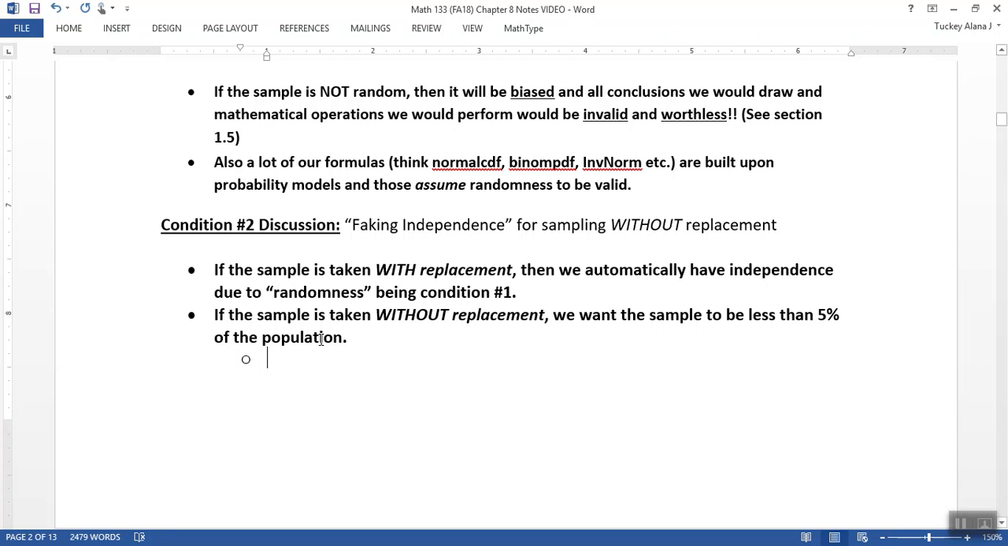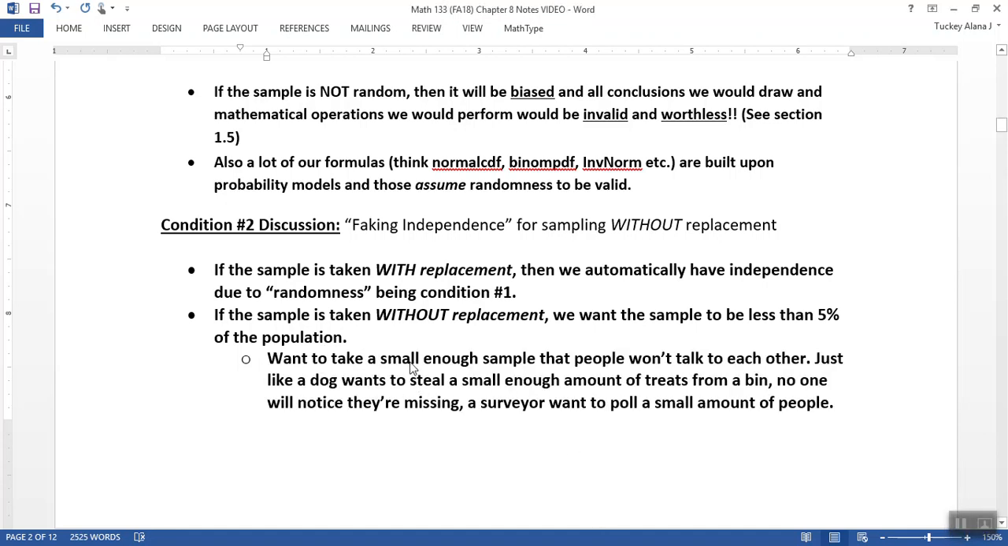It's the same idea. If you want to take a small enough sample, then no one will ever know that you did it, right? So that's my analogy for you. So you want to take a small enough sample that people don't